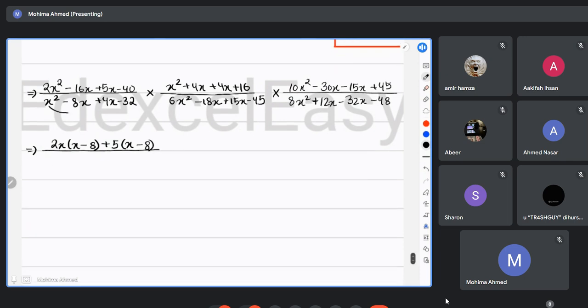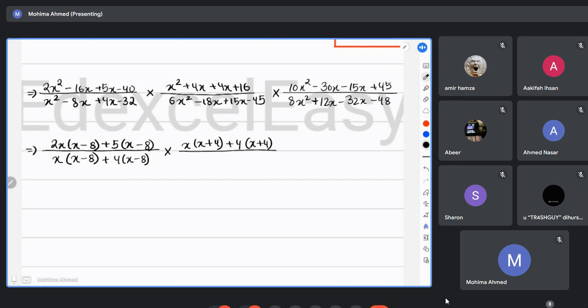Divided by, again from this part, since I do not have any number common, I can take one alphabet common, right? Always remember, when you have x squared and x, you're going to take the smallest power as common. So x will be taken as common and x minus 8. And then again for the next part, 4 common, so x minus 8. This will be again multiplied with x common, x plus 4.